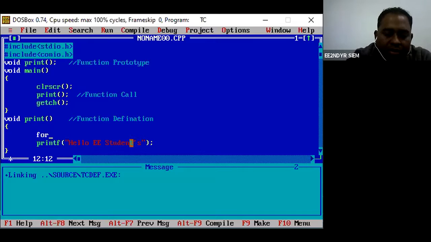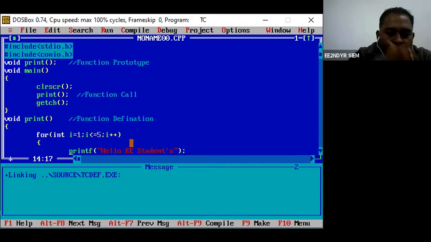I'll explain those things. Like for int i, this is the variable, i equals 1, i less than or equal to 5, and then i plus plus.